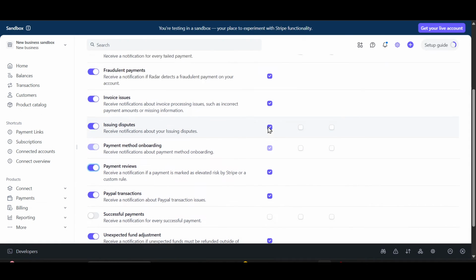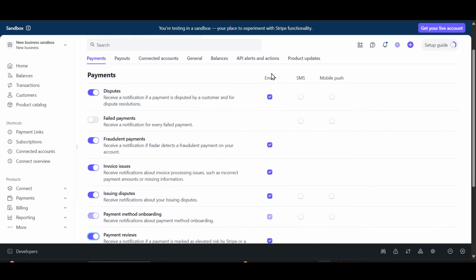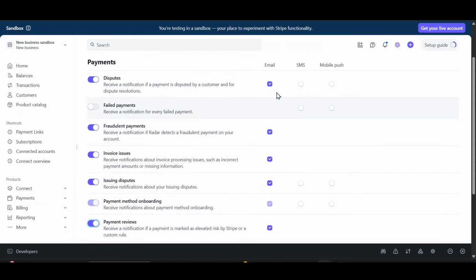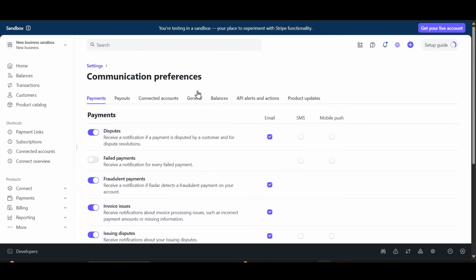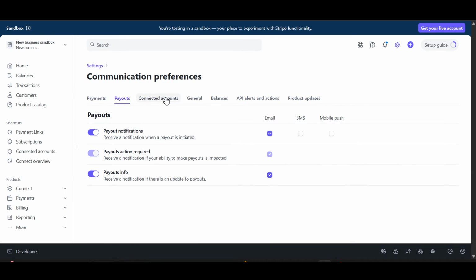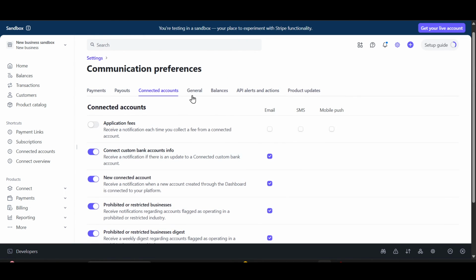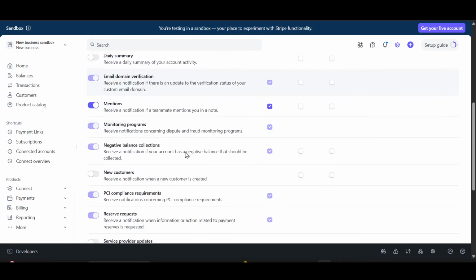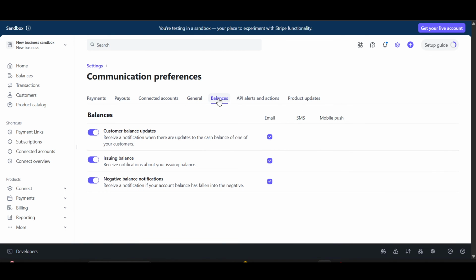You can just select it, and then if you want everything from the email notifications, just make sure that you have turned on this toggle and then you have selected email for the notifications to come from email. You can set the payment rules, you can set the payout preferences and then the connected accounts. Then in the general section, you can also turn on some preferences. Then in the balances section,